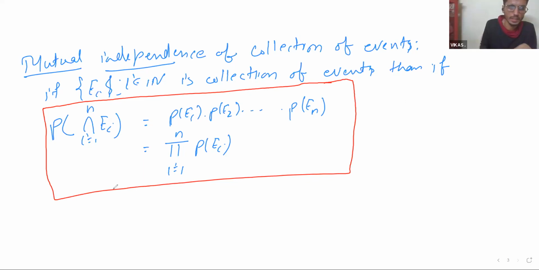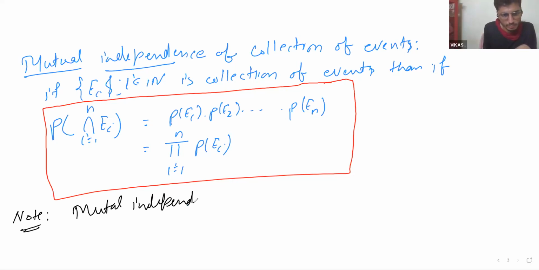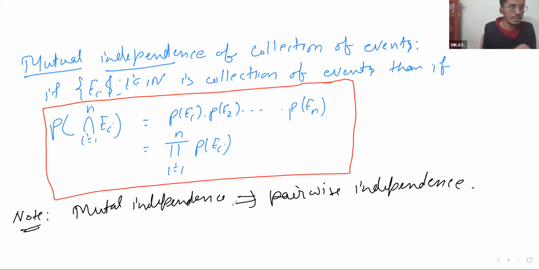So you can see that mutual independence implies pairwise independence.